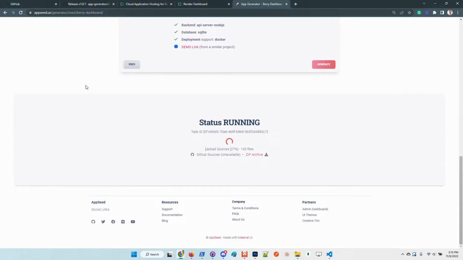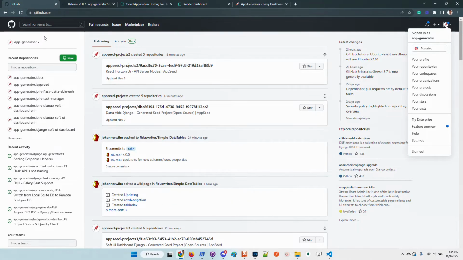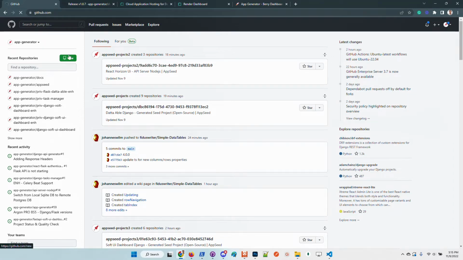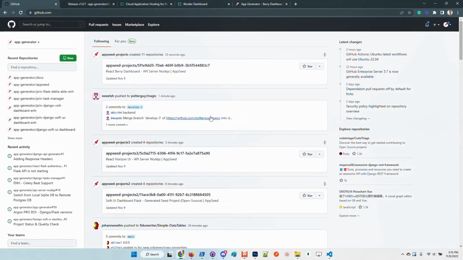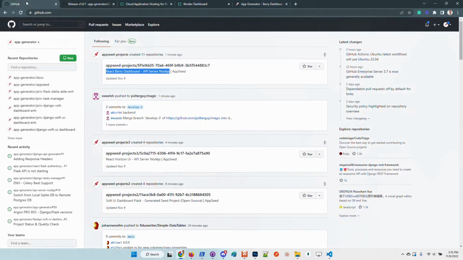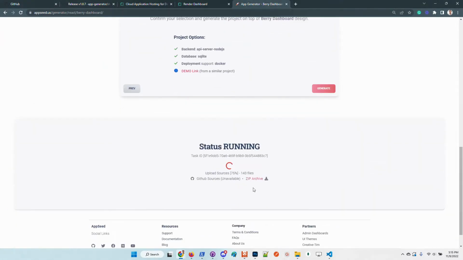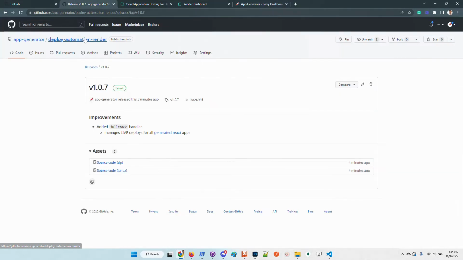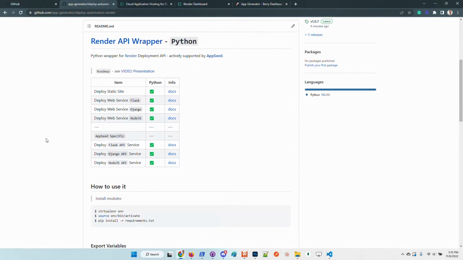in the long run. So I will refresh here my GitHub dashboard, and we can see that we have a new stack generated, which is this one on top of Berry and Node.js. Once the project is fully uploaded, we will use the CLI, this tool, in order to push the product